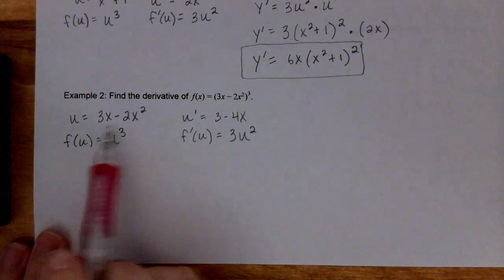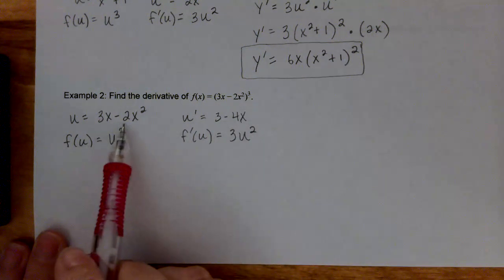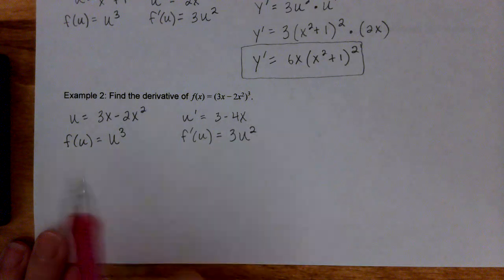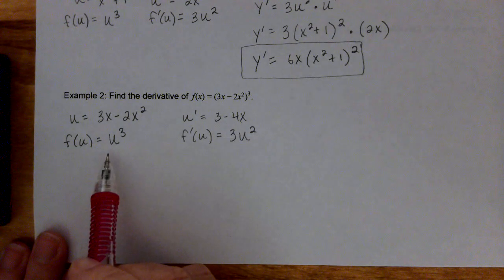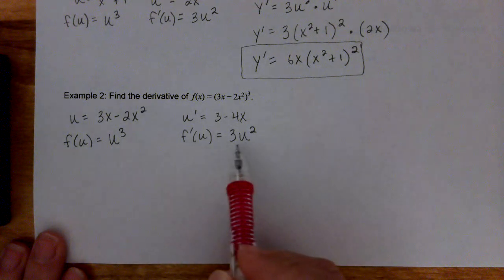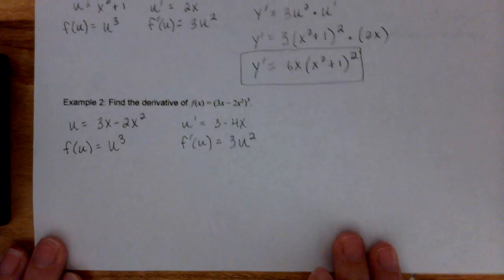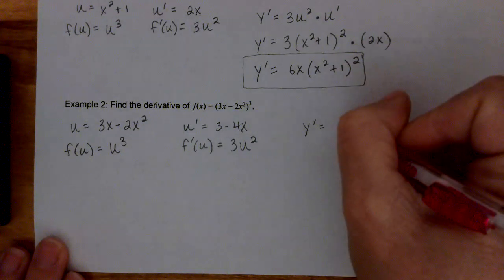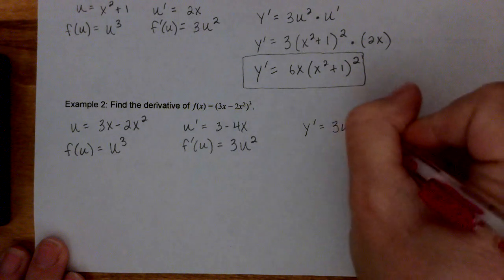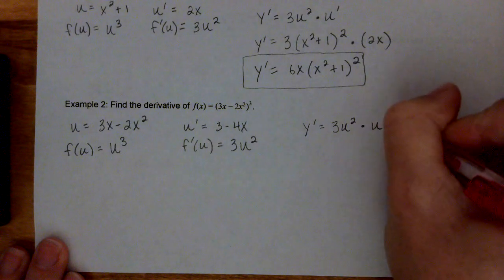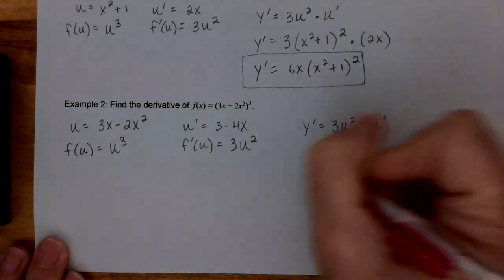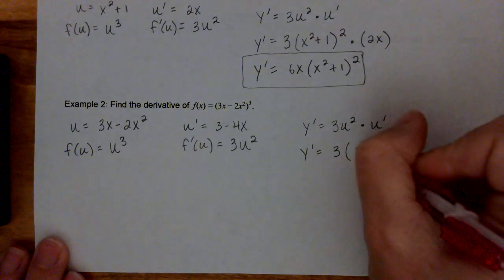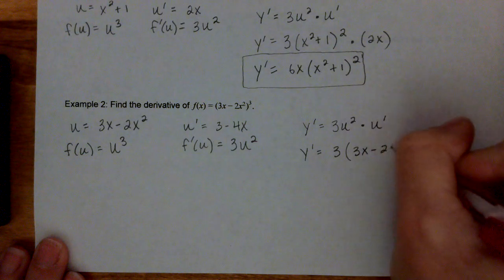Okay, so my inner function, which was what was in parentheses, 3x minus 2x squared, the derivative of that is 3 minus 4x. My outside function was the same as in example 1. It was u cubed, so my derivative was 3u squared. So we're going to use that our derivative is the derivative of f, so 3u squared times u prime. So now plugging this in, we have 3 times u squared, which is 3x minus 2x squared